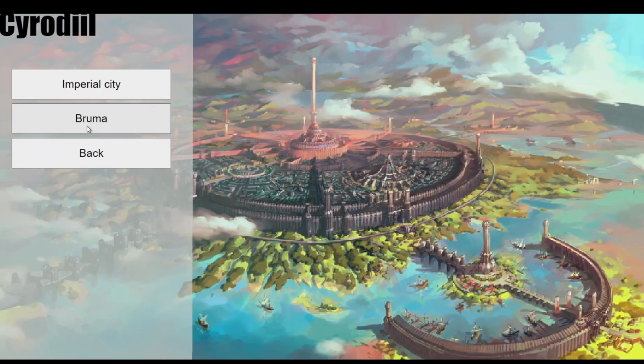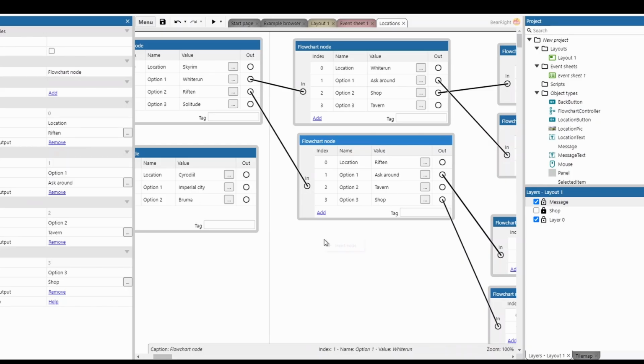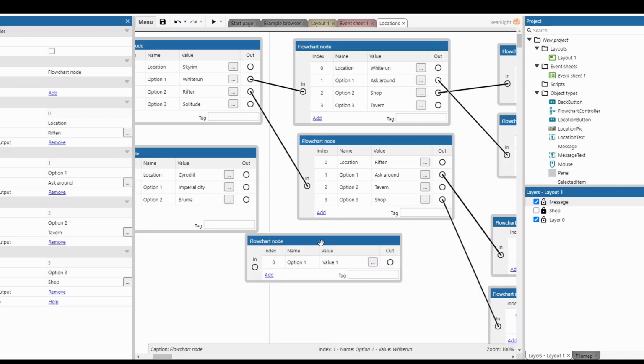What makes flowcharts so exciting is we could do all this before, but it used to take a ton of events and a ton of thinking about what leads to what. And if you want to change something, it was a headache and a pain. However, if we want to add a new location to this, for example, we want to actually add an option for Solitude, it's as simple as adding a new node,